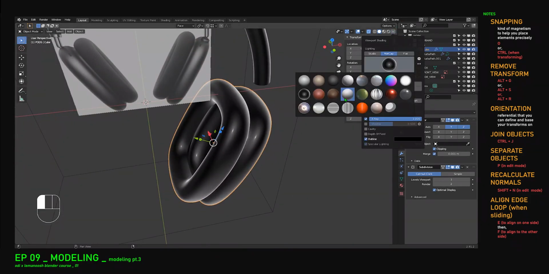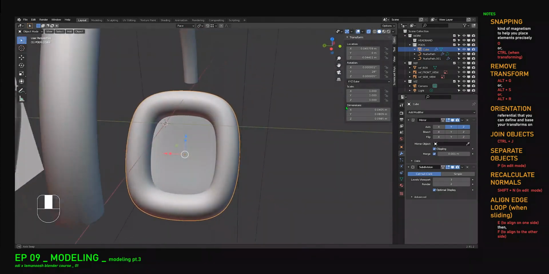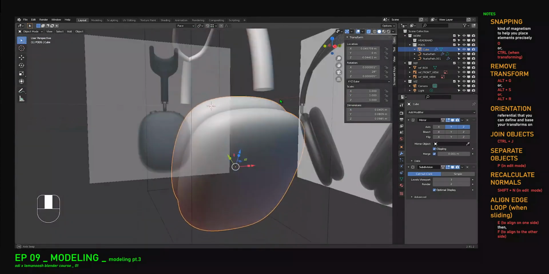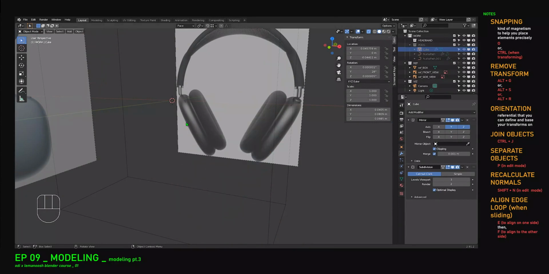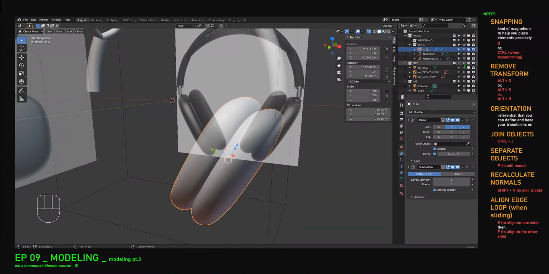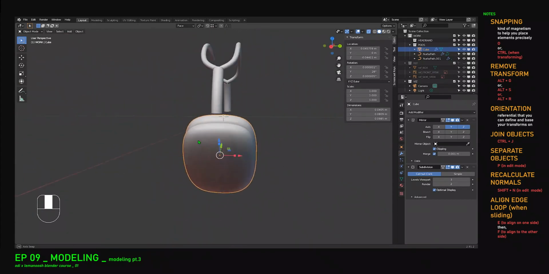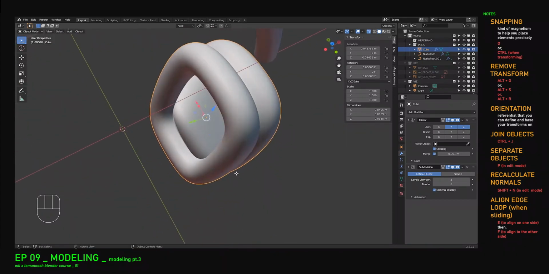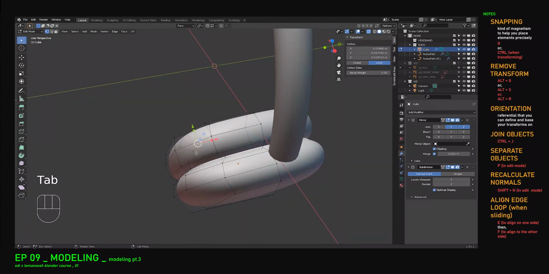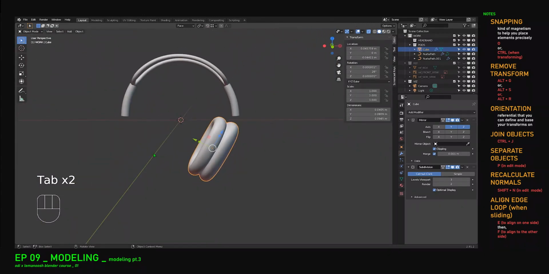Okay, let's change matcap because this one is weird. It's better in this one. Let's hide the, oops, let's hide the ref. Okay, there is still a lot of things to change, but I would like to be able to see the other